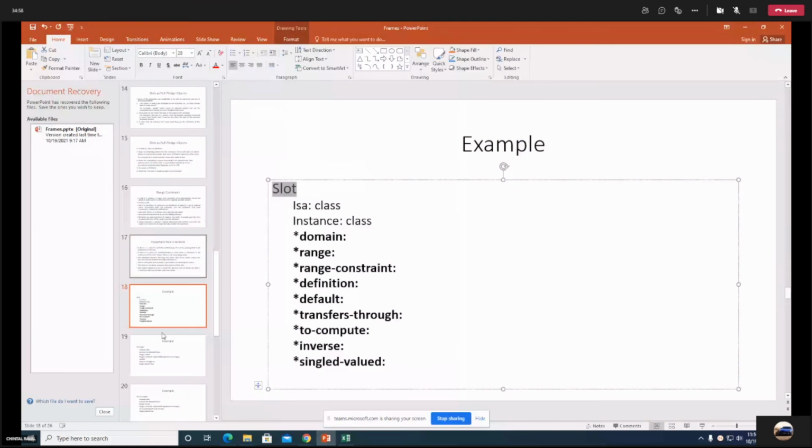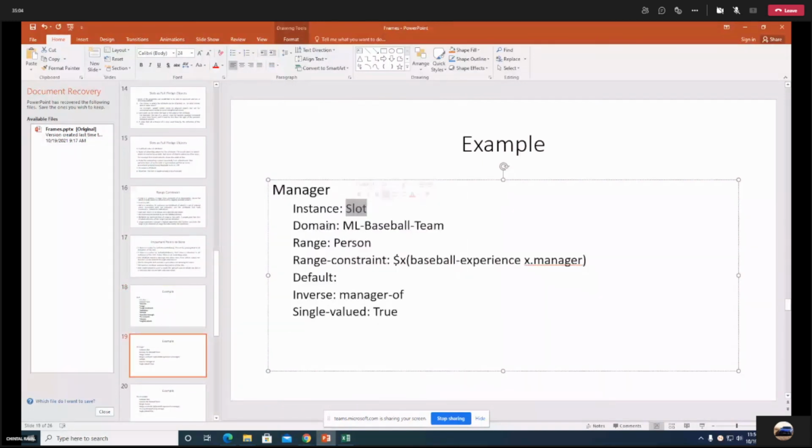So manager is an instance of slot. Domain: ML baseball team. Range: it belongs to class person. Constraint: it must have some experience as manager. There is no default value. Inverse attribute: manager of. Whether this attribute is single valued: yes, true.